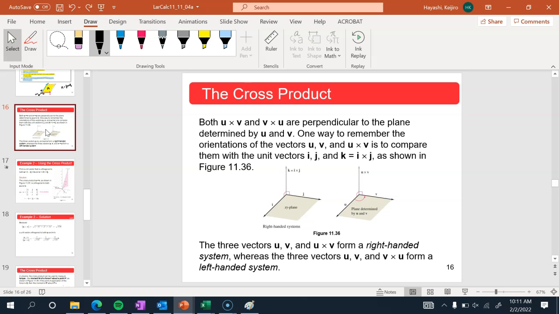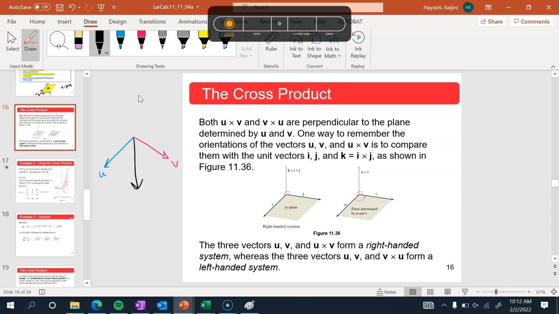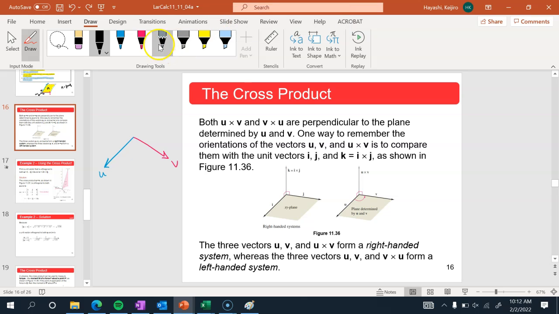Okay, if you need to remember the direction that u cross v comes out, you can use, like many things in physics and engineering, the right-hand rule. And that's just to say, if you have u and you have v and you cross them, your answer to whether it comes out this way or this way, because there are two options depending on the order that you cross them in, is that it's handed,